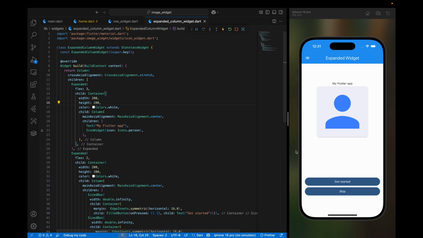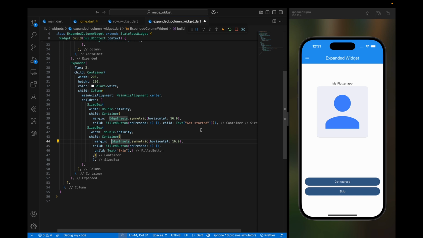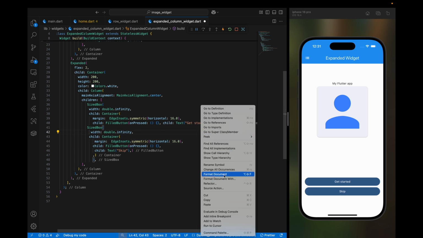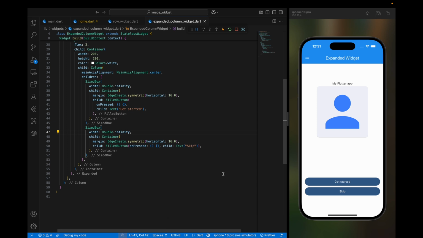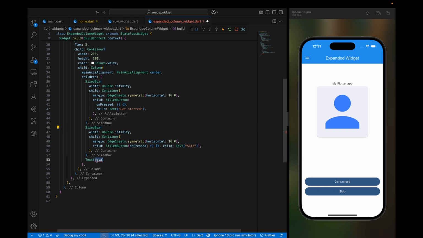So let's just improve it a little bit. You can also add, let's say, after this container right here, give it a comma right here. Let's do some indentation first. Come right here, format your document, save everything. So let's say I want to add another text right here after this SizedBox container. Let's say we want to add a note like